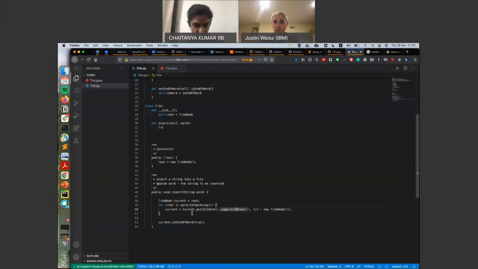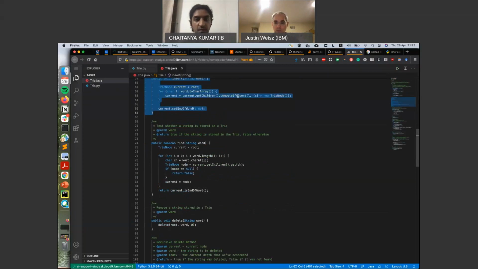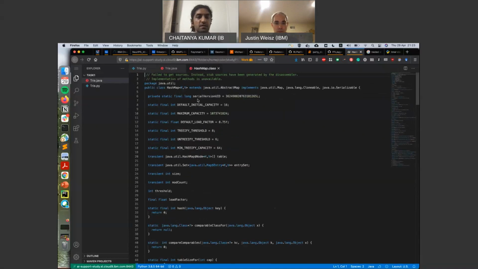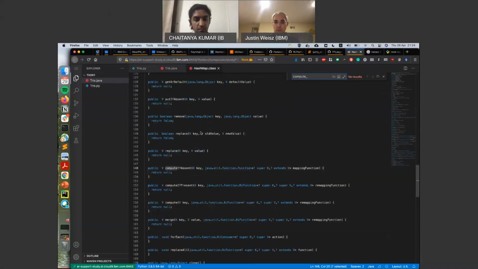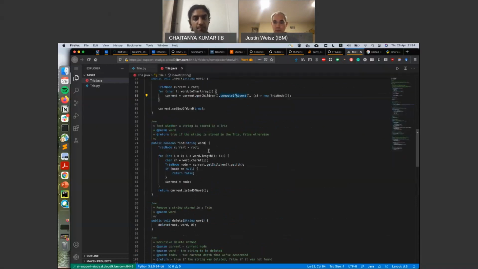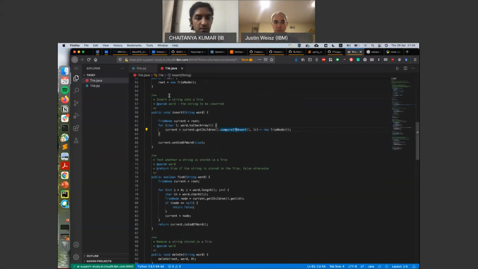I see a for loop here iterating over the number of children, but then this method seems to be something that I'm not familiar with. So, it's trying to